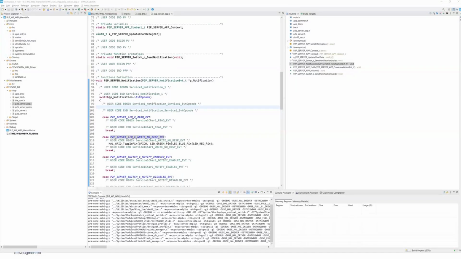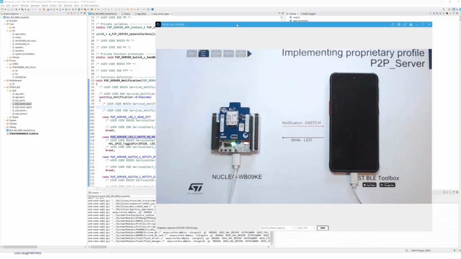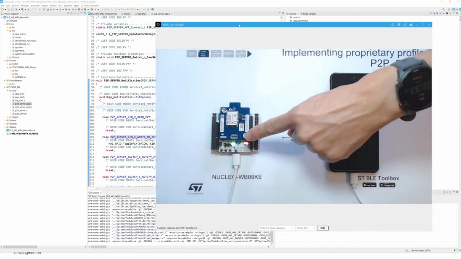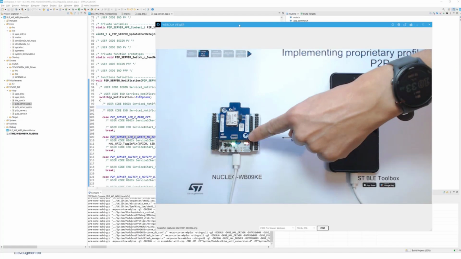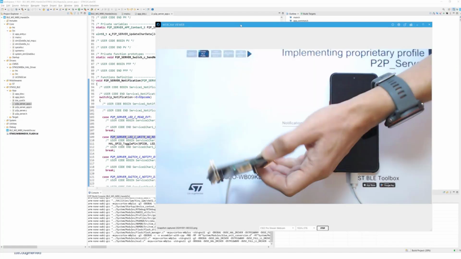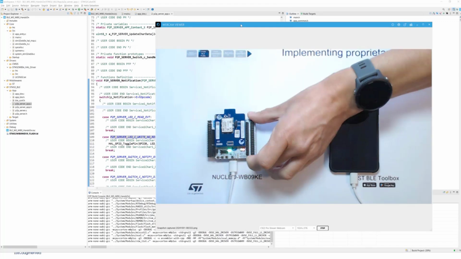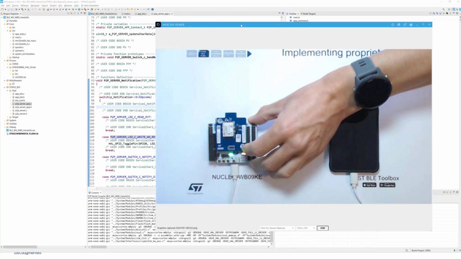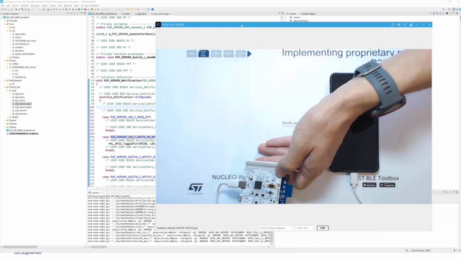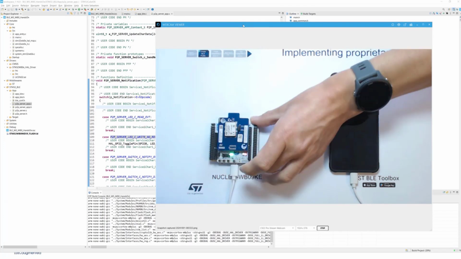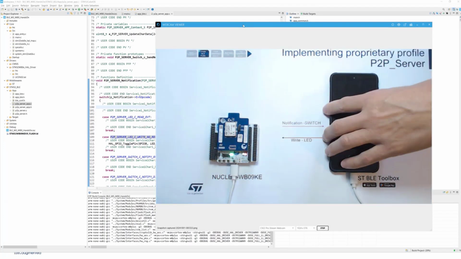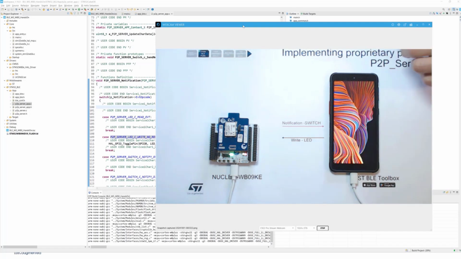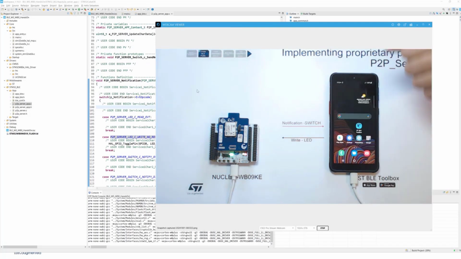While building this application, in parallel on my desk, I have this Nucleo WB09 simply connected to my laptop directly, because behind we have the onboard ST-Link that allows to flash and debug. And in my setup here, I have a smartphone to check if everything is working as expected.